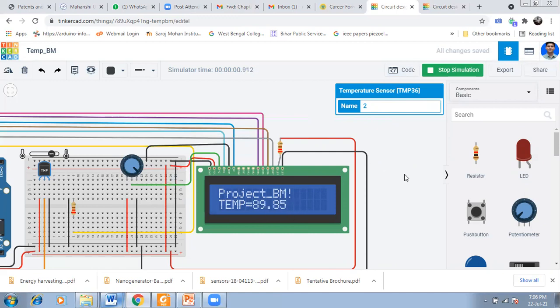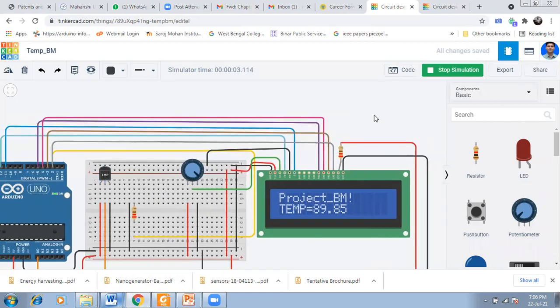So this is all about your project on temperature sensor interfacing with LCD display. In many projects we are going to use the LCD. So you have to remember which pin of this LCD, starting from ground to LCD negative, that is cathode, is connected to which pin of the Arduino.